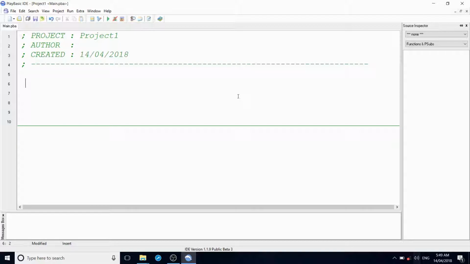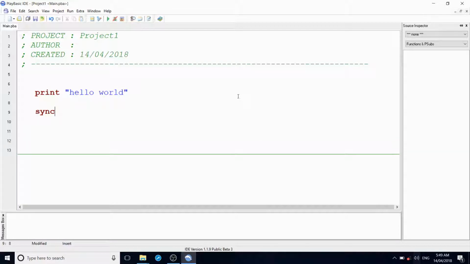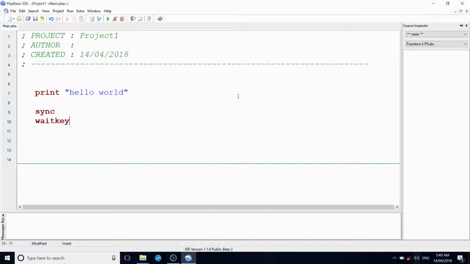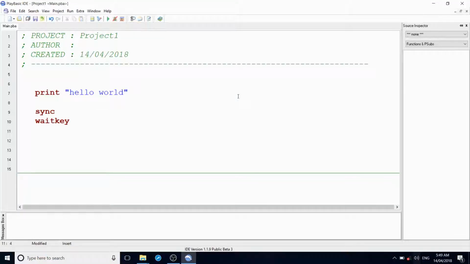empty. So we could just type some code in here, hello world, sorry about the terrible example. Wait key, hit F5 to run it, and we have code up and running. Press a key, it should end. Back to the IDE. Now, that's fine if you just want to mess around quickly and try something out, but